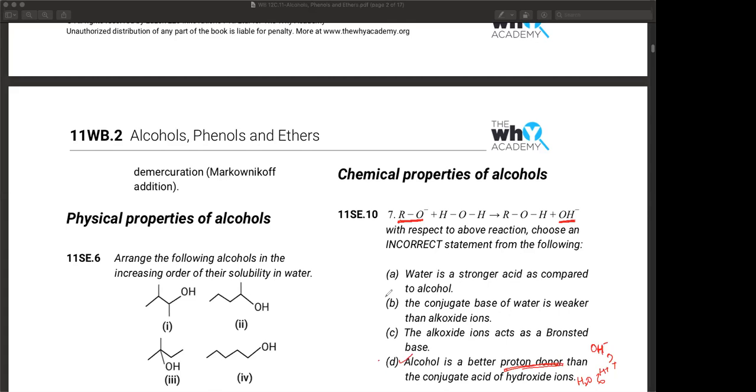So दोनों में से which would be an incorrect statement? हाँ, electron donor नहीं, proton donor, proton है. Read it carefully, Rutvik. You really need to work on your focus, man. ठीक है. So the correct answer is D. This is an incorrect statement, but the correct answer to this question.